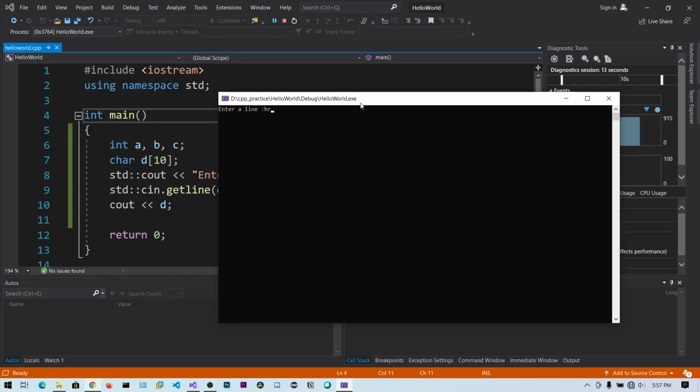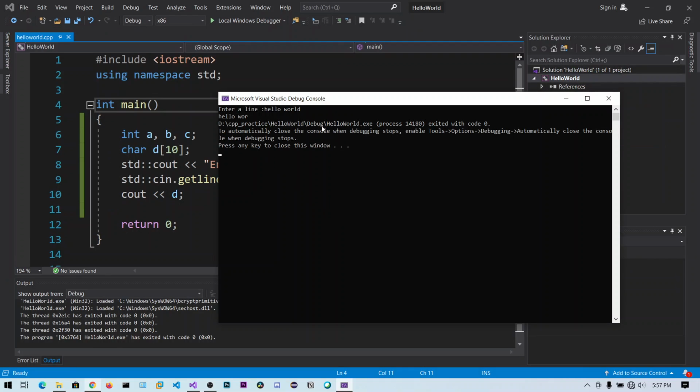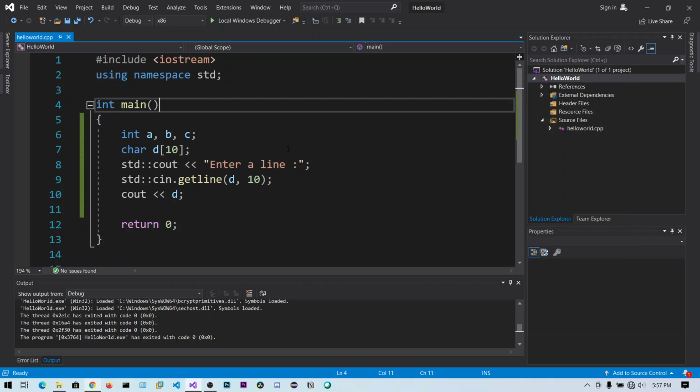Let's say hello world. Okay, 1 2 3 4 5 6 7 8 9. Okay, it stopped at 9. So we need to increase the length, and we need to increase it here as well.